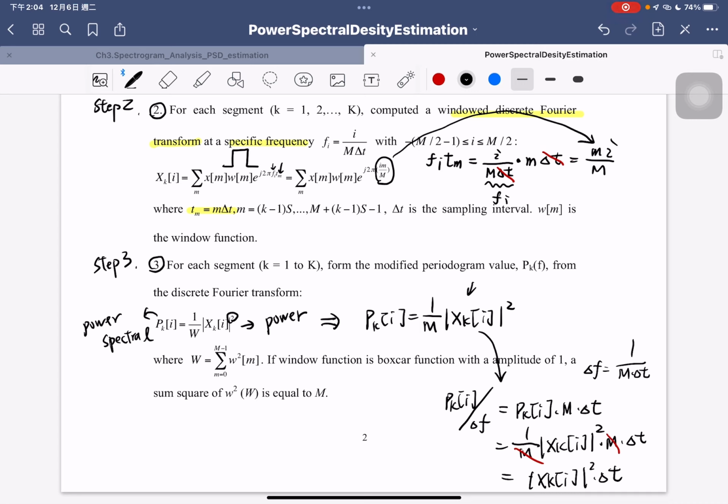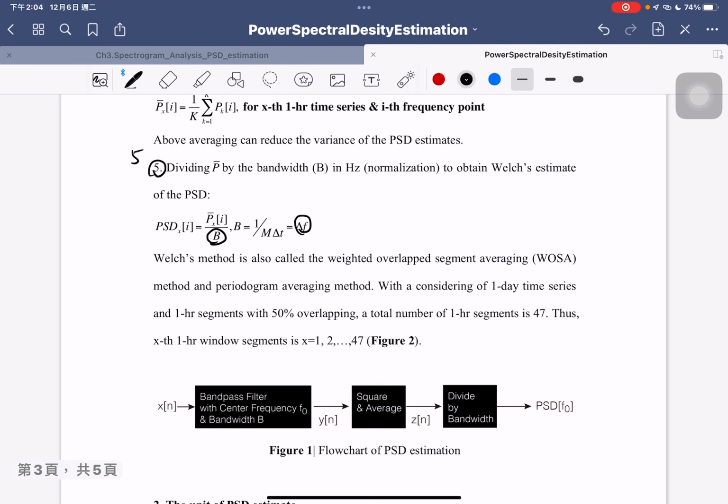But totally we have 13 segments, so we can compute the average. We can compute the average for the total segments. Okay, so step 1, the time series goes into the Fourier transform, and after that I take the square,